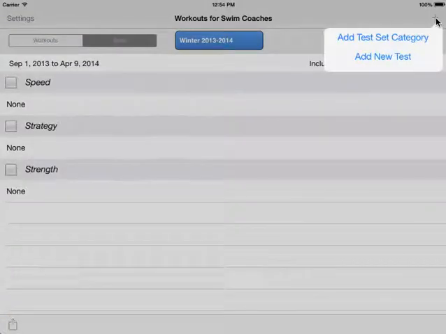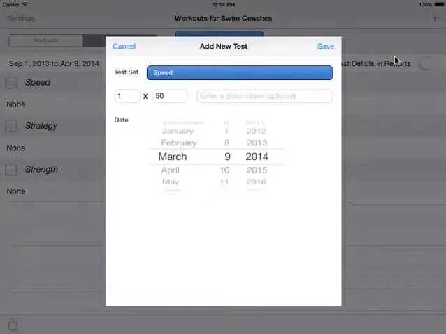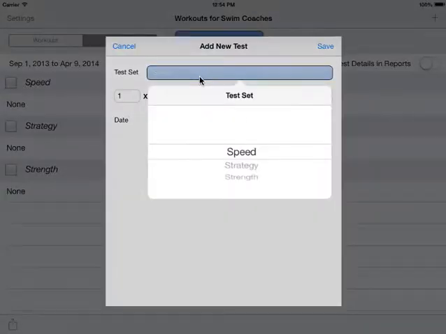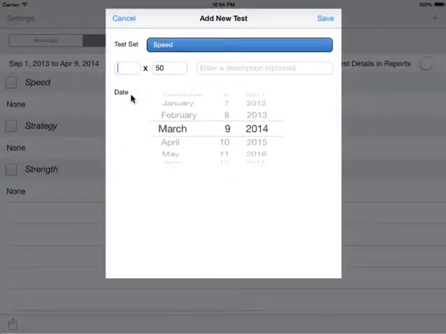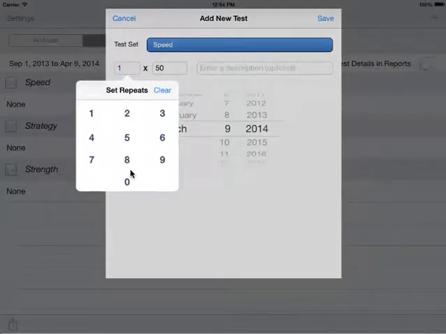I'm going to click on the plus sign here, and you have an option. Do I want to add a new test set category? Do I want to add a new test? So we'll add a new test. It's going to ask me what this test is. What test set category is it in? We'll say this is a speed category. And then what is my test set? Let's say 10